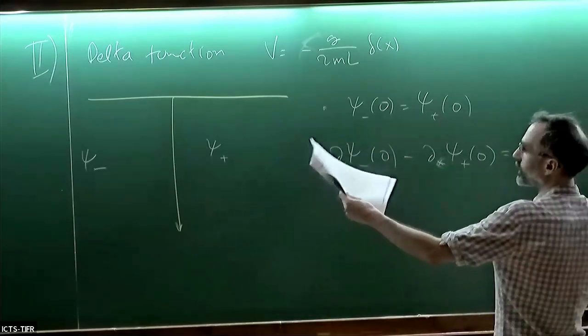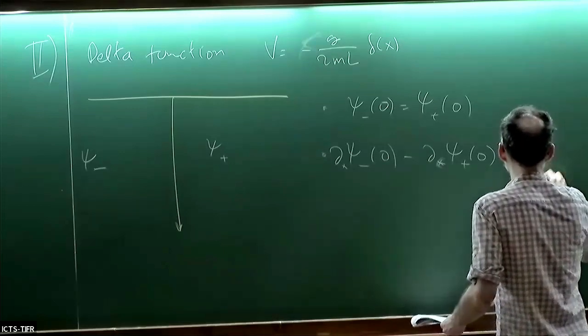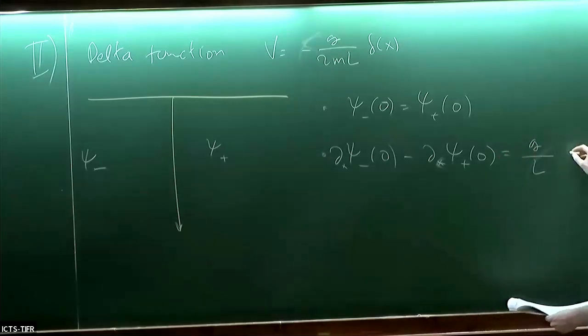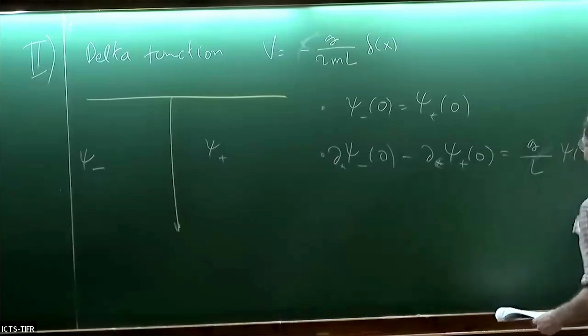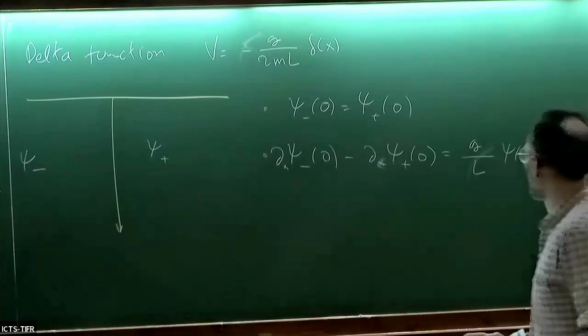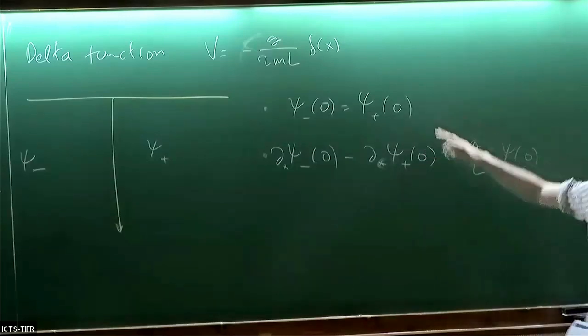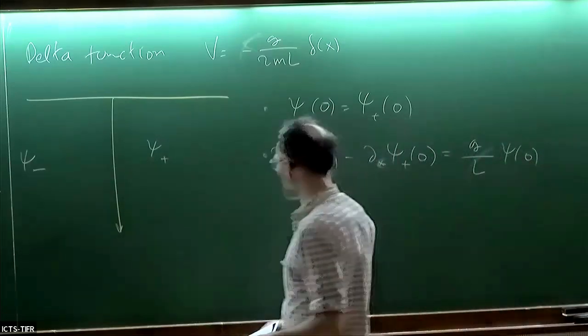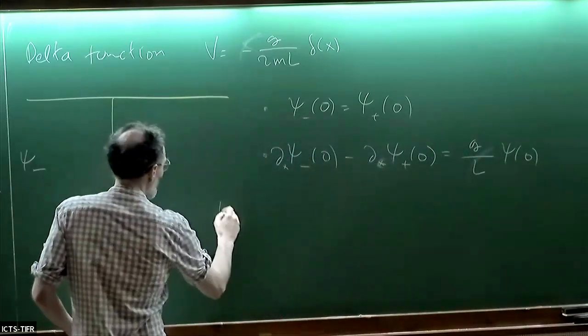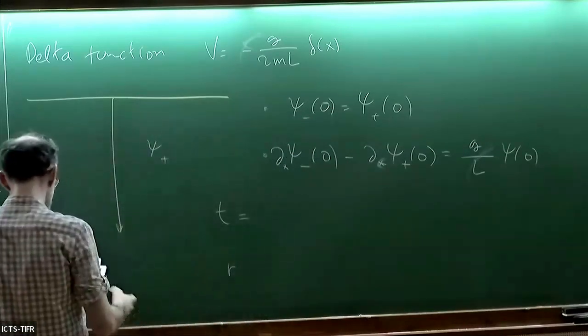And if you work it out, it comes from the Schrodinger equation. That will be G over L once you're taking those factors of 2M out. And you could write it here either phi plus or phi minus. It doesn't matter because they're the same. Via those boundary conditions, that will return for you again T and R, which in this case